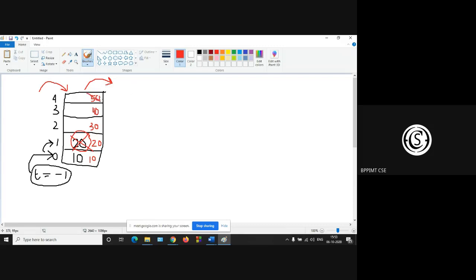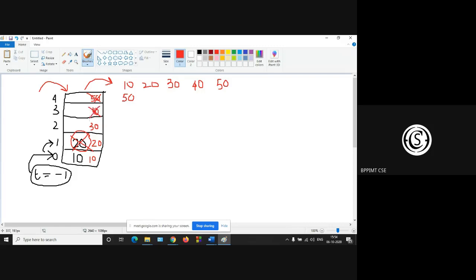So your inserted sequence was 10, 20, 30, 40 and 50. As stack is LIFO, first 50 will be popped out, so 50.